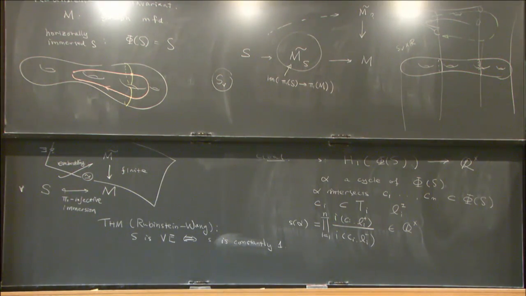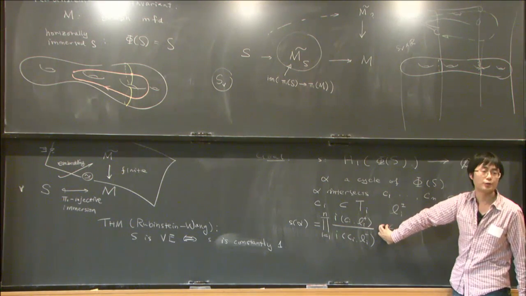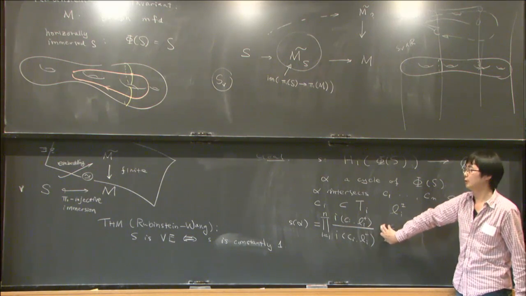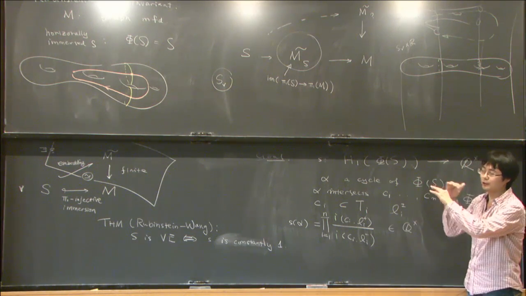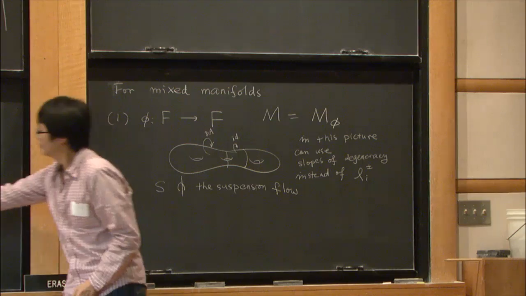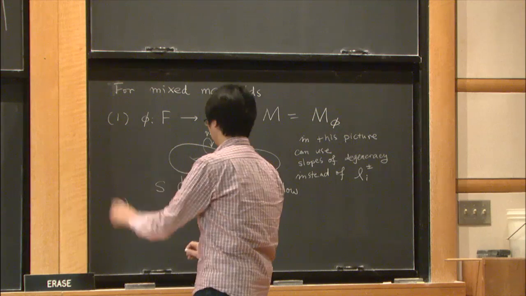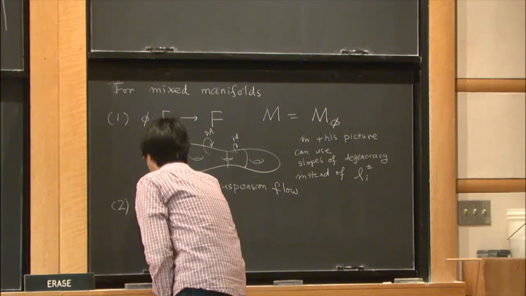So you can actually translate this formula of intersection numbers into some formula with covering degrees involved. In that way, you can actually get some formula not so much like the invariant before, but still